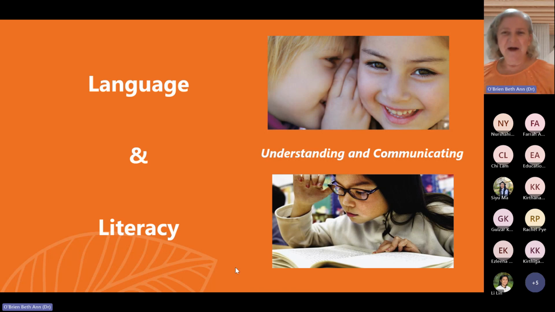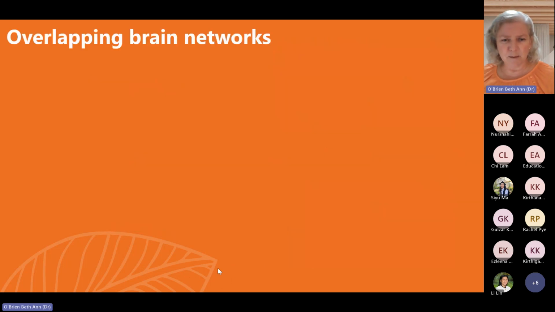Okay, so just to start, we know that communicating and understanding are some basic human functions, and for the most part, these are undertaken in two modalities typically. Oral language and written language are two modalities that we use for communicating and understanding. Of course, there are other ways to do this, but for today, we're focusing on these two. And these modes also involve shared skills in order to process language. So there's some really interesting work.